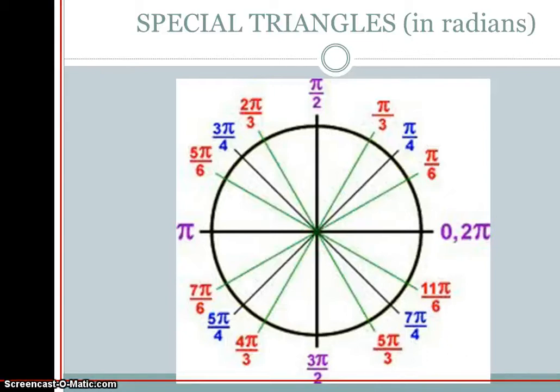What we want to look at today is we want to see what degree measures correspond with our radian measures. In the last lecture, you looked at how you converted the degrees into radians. So remember that